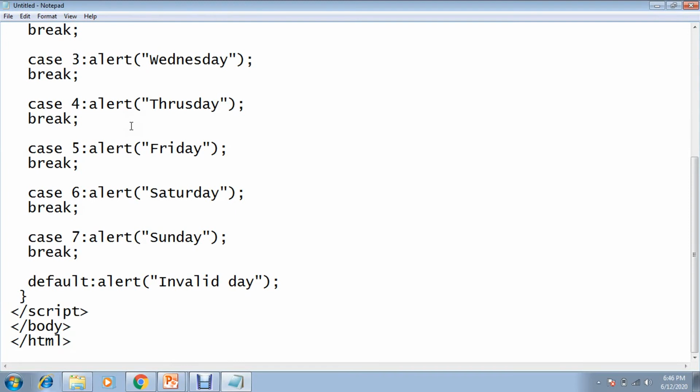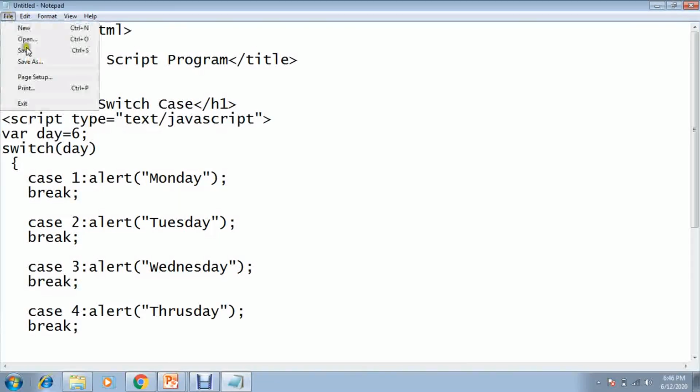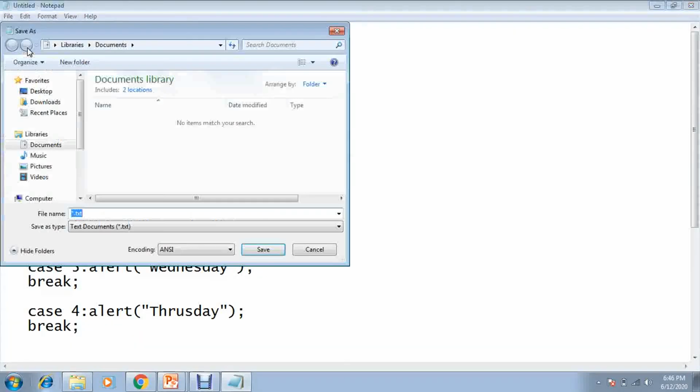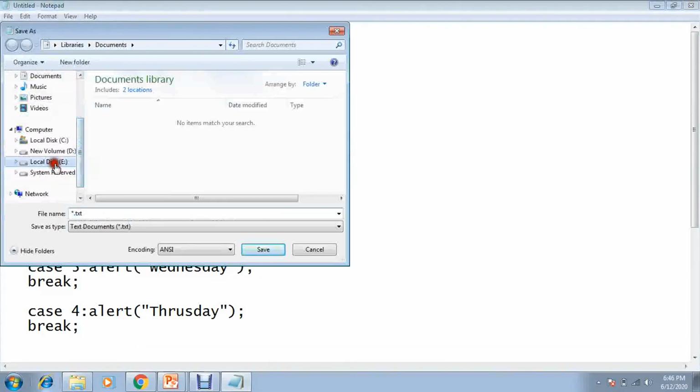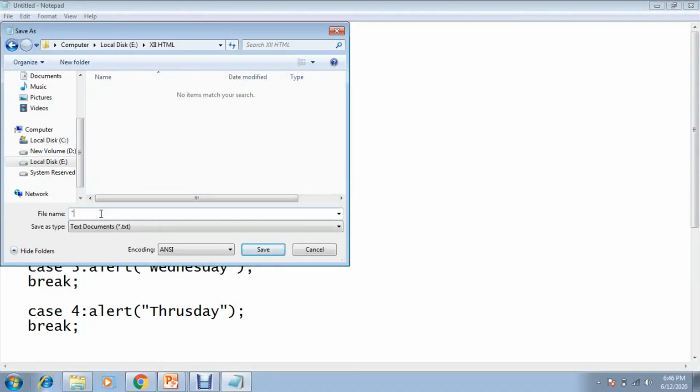Now save this as switch, file, save. I'm going to save this in the E drive, in the 12th HTML folder. I already created it. Go to switch, switch.html. JavaScript programs are saved with the .html extension.